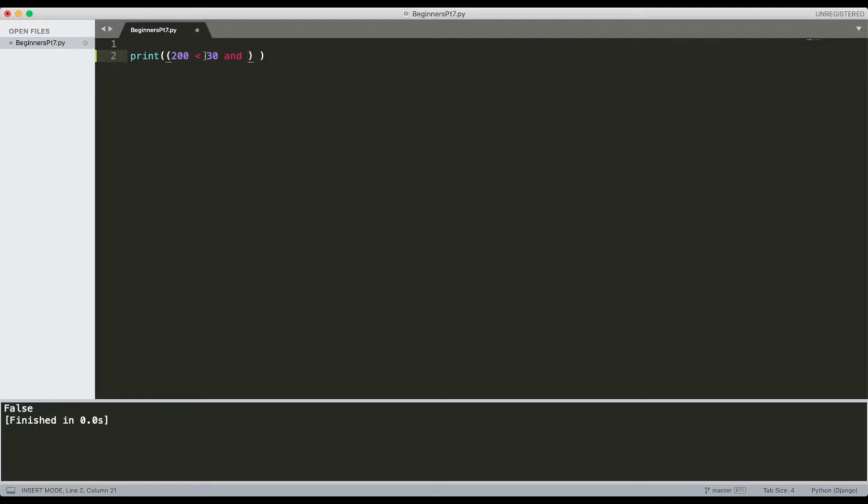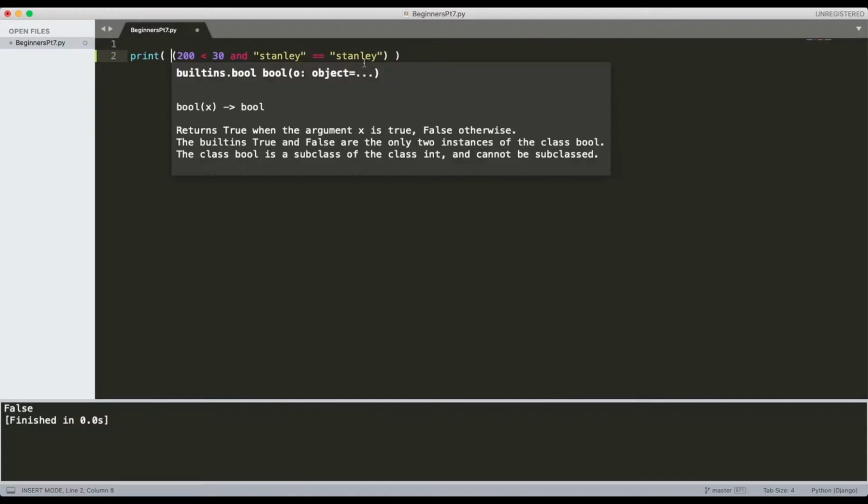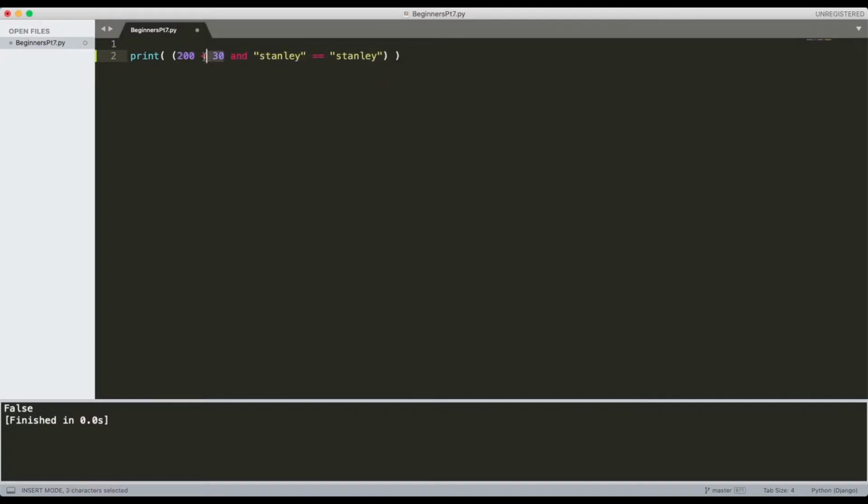So 200 is less than 30 will evaluate false. What if we added the keyword and, and another condition, let's say Stanley equals Stanley? This whole thing is now a condition, and a condition evaluates to a Boolean. This is false because 200 is not less than 30, and this evaluates to true. So we have false and true, which evaluates to